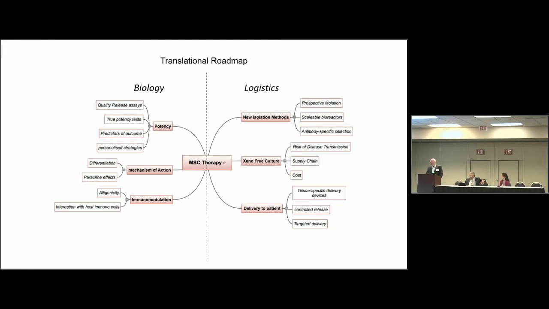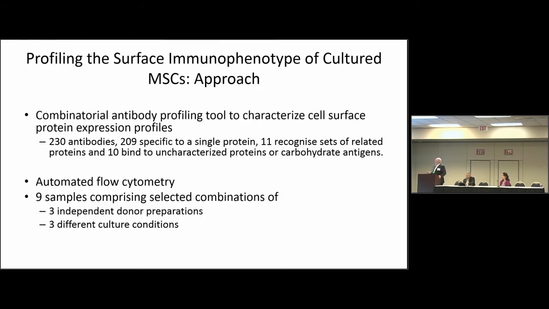So we need better methods of prospective isolation, we need scalable bioreactor systems, and we need antibody-specific selection methods. We also need to turn completely to xeno-free cell expansion conditions and away from the use of serum and materials of animal origin. So what I'd like to talk about in the remaining few minutes is some of the